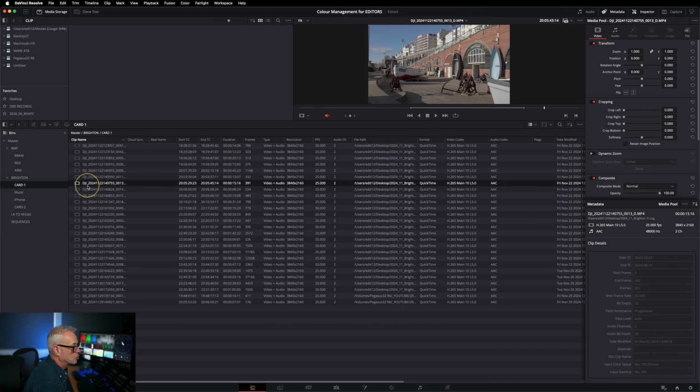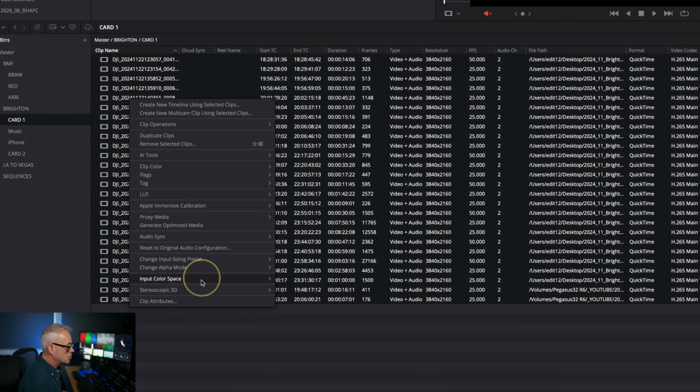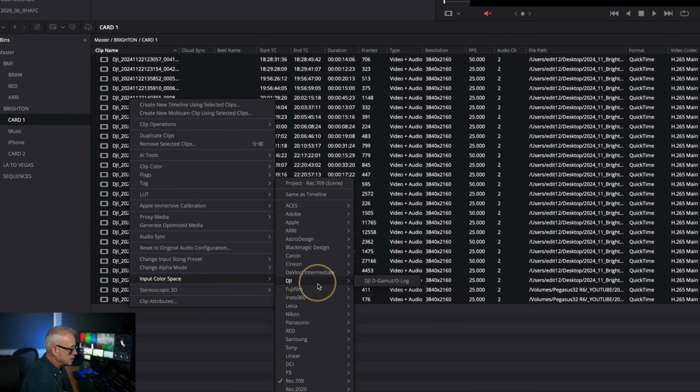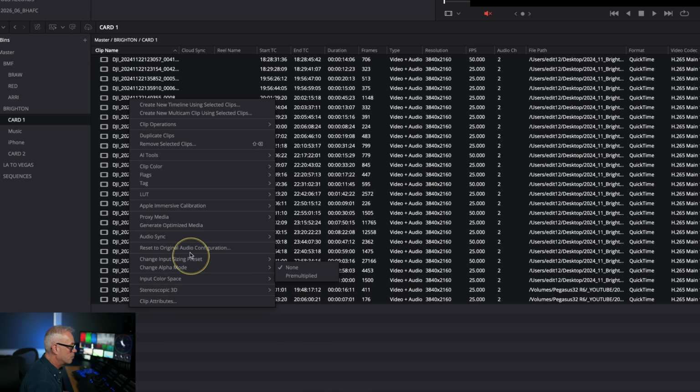So let's have a look at one of the shots here. If I highlight them all, I can do this globally. So I'm going to right hand click on them. This is not an input color space. The input color space in here is DJI D-gamut D-log. This is not what we want. It's not D-log. It's actually, even though it's called D-log M, it's actually Rec 709, but we can put a